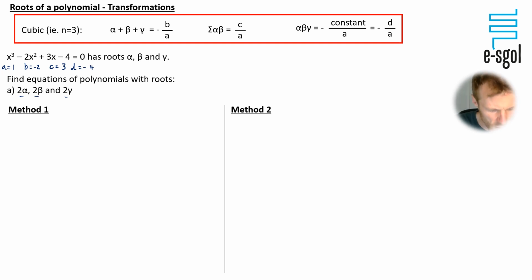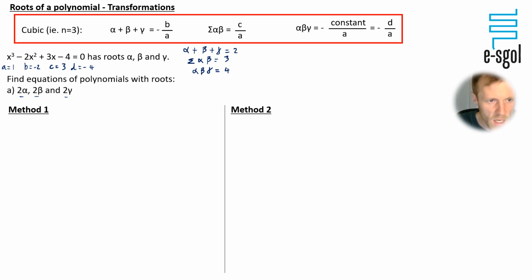And I just want to note down somewhere what the original sum and product of all the roots are. So alpha plus beta plus gamma, that's going to be 2. The sum of alpha beta, that's going to be 3. And then alpha beta gamma, that's going to be 4. And we've got a couple of ways of dealing with this. So the first